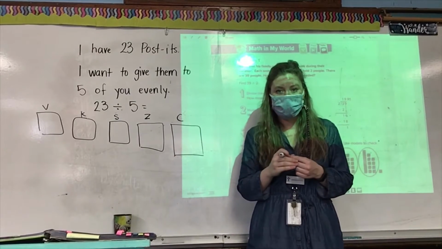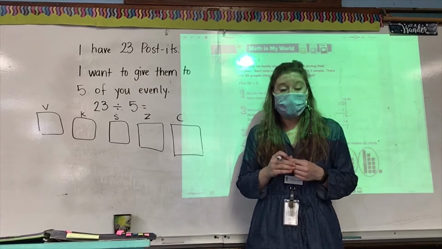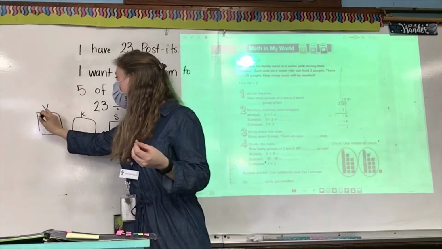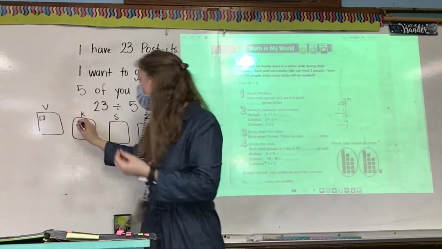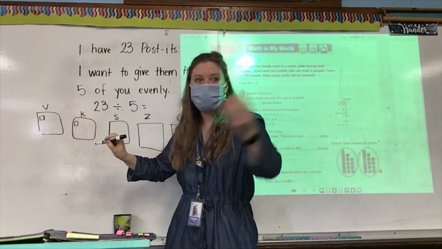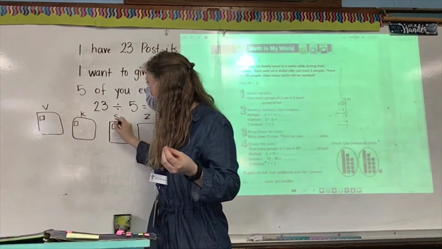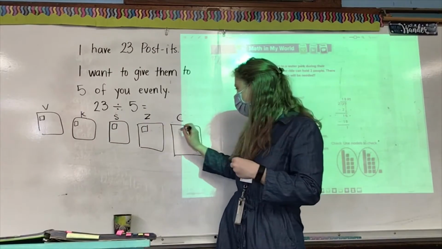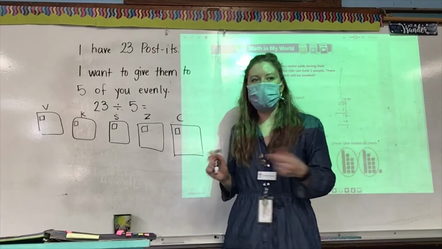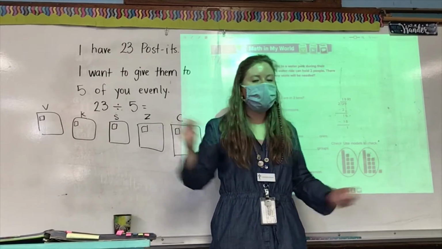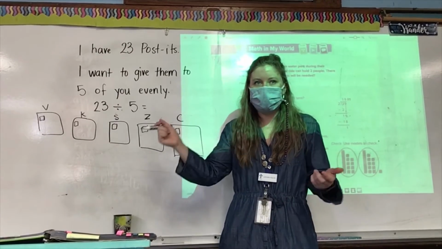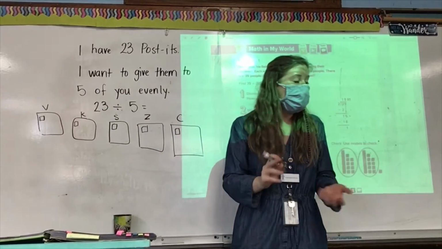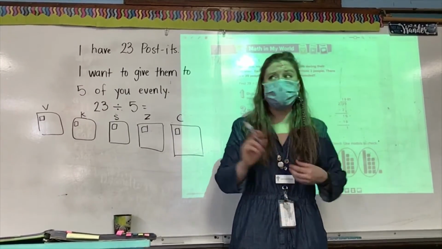Zari. We will do 1 by 1. I would give them to you 1 by 1. I would give 1 to Victoria. Then I'd give 1 to Kingston. Then I'd give 1 to Smith. Then I'd give 1 to Zadie. Then I'd give 1 to Cullen. But I've only given away 5. How many am I supposed to give away? Class? 23. 23. So I'm going to keep going 1 at a time until I don't have enough to go